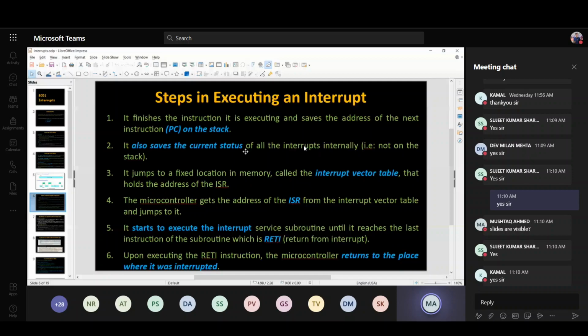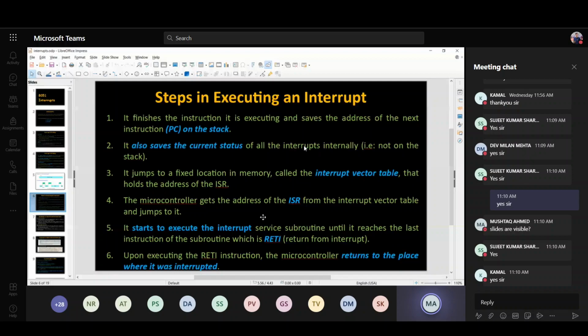Each interrupt has a specific address. From the interrupt vector table we get that interrupt address, and from that address we jump to that location in the ISR, the interrupt service routine, and perform that routine. It starts to execute the interrupt service, and the last statement of every interrupt service is RETI, return from interrupt.